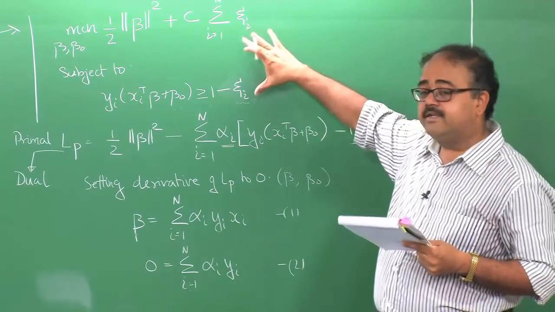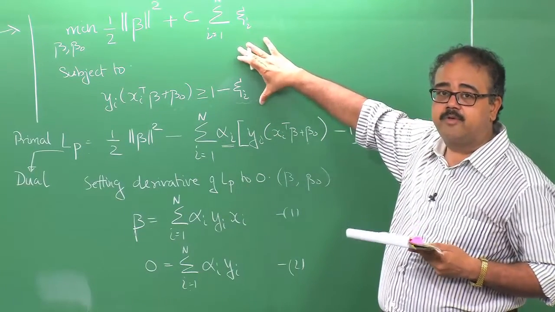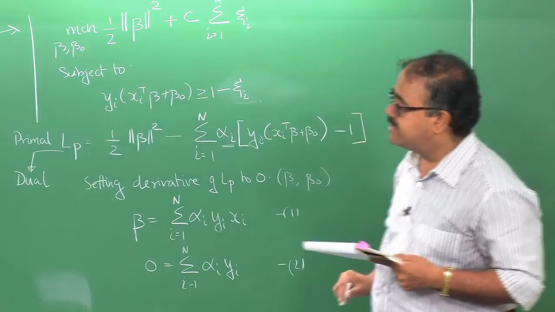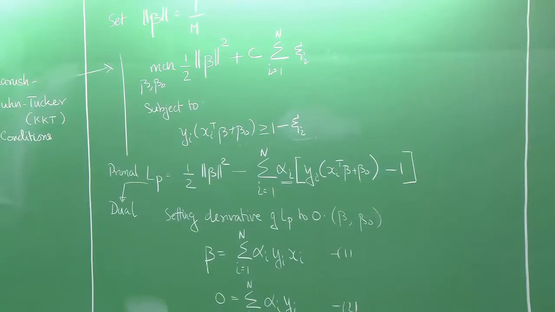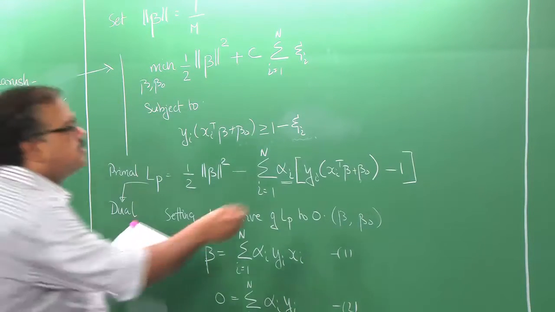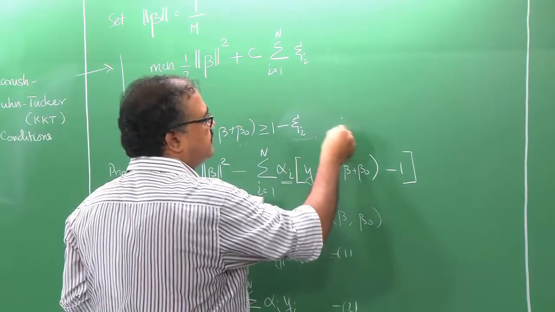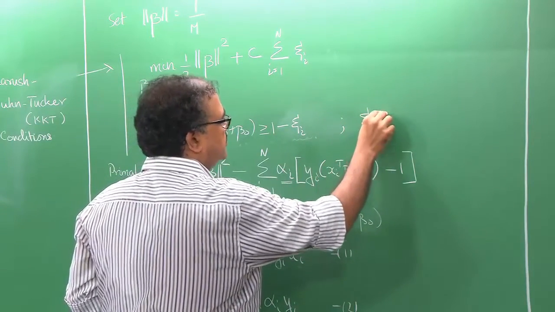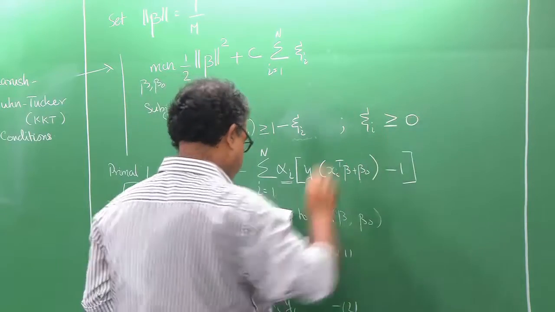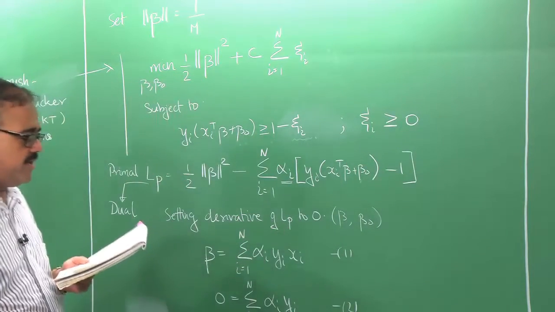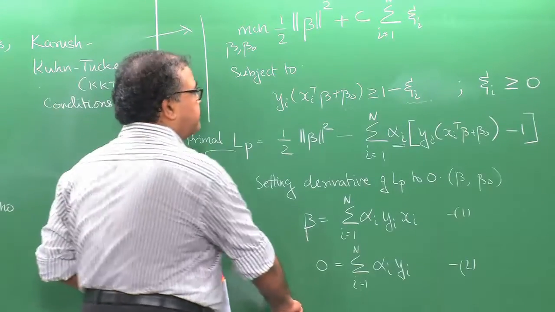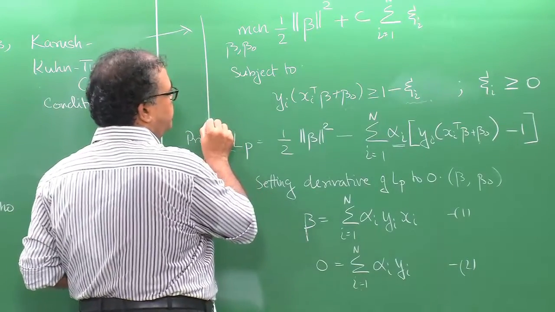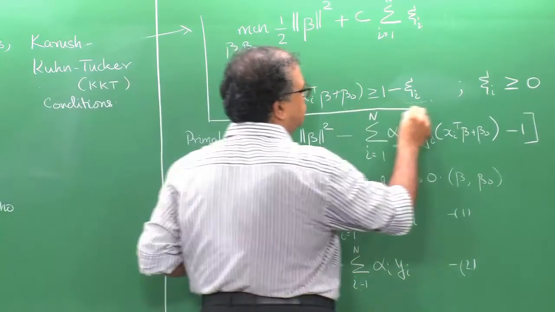So, are these conditions sufficient for us to define a new problem now? There is still one more condition that we need. We are really measuring zetas in one direction and not in the other direction, so we have to be careful. I also need to add another set of constraints: the zetas have to be positive. So, that is the complete constrained optimization problem for us in the case where the data is not linearly separable.